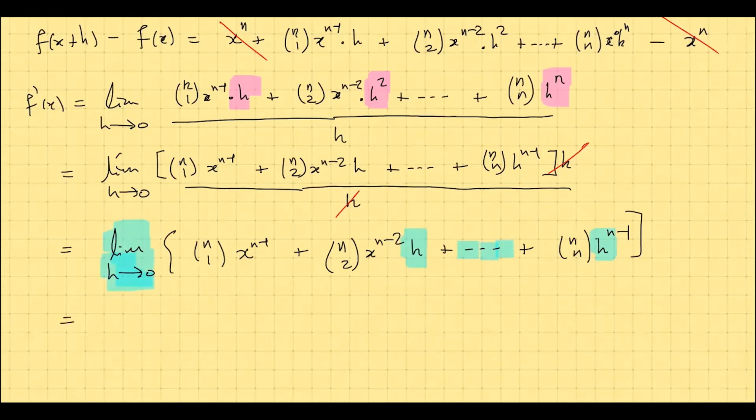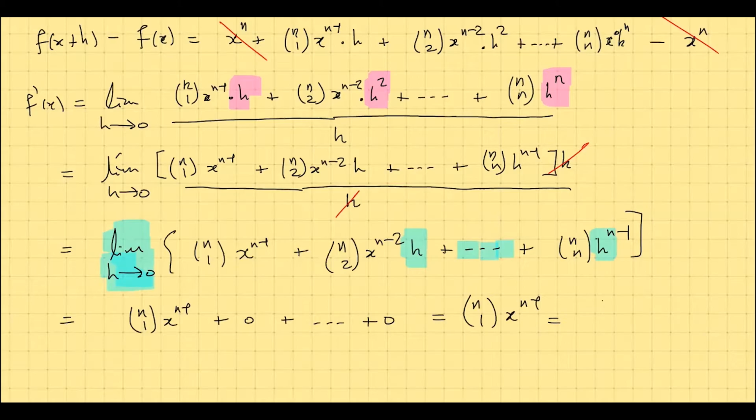So what we're going to end up with is n1 x to the n minus 1 plus 0 plus dot dot dot plus 0, which of course will just give us n1 x to the n minus 1. Now all that is left to do is to be able to expand this